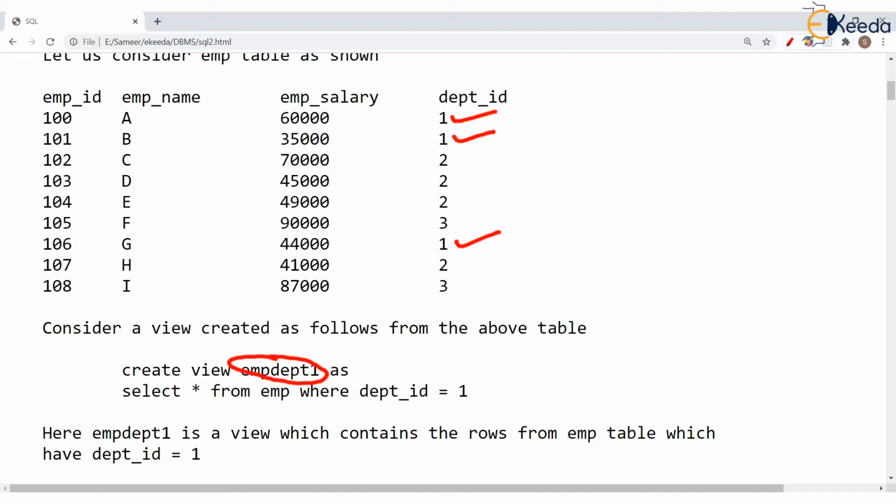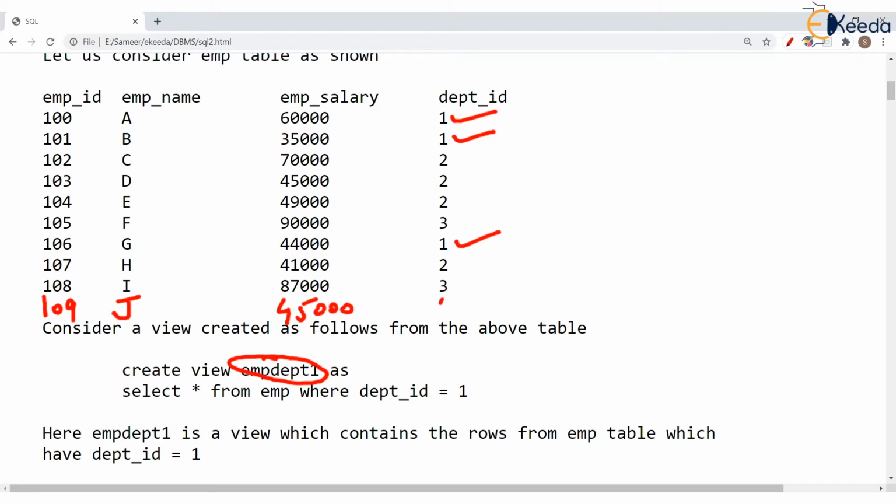Now the point is, suppose you make some changes in the parent table. Check my words very carefully. Suppose you make some changes in the parent table. For instance, one more employee joins. So obviously, if an employee joins, you will be adding that employee in the EMP table. And the name is J, and the salary is say 45,000, and the department is one.